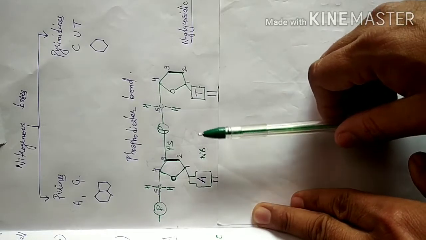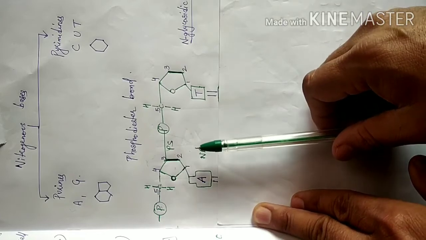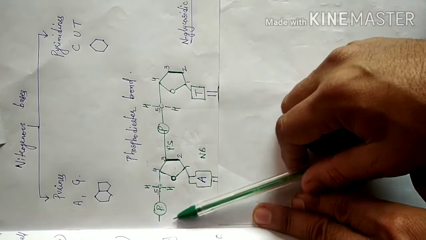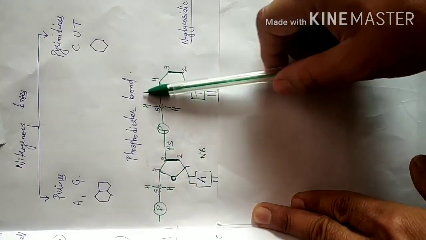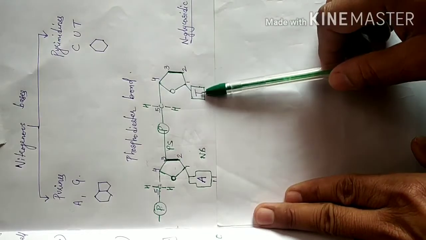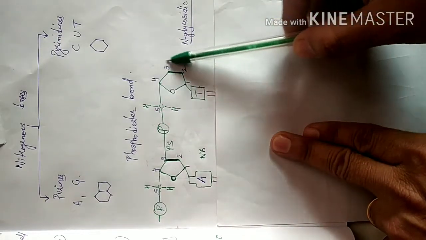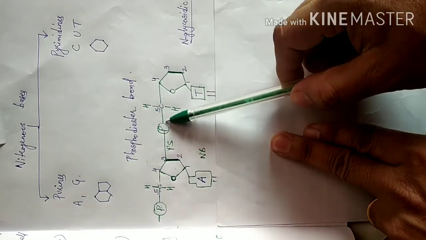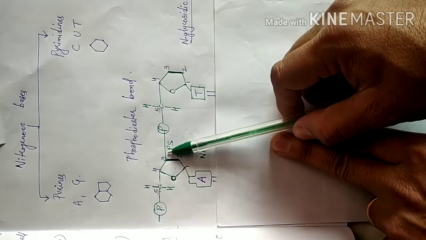So here in this structure, I've tried to show you a combination of two nucleotides. So this is one nucleotide. The first nucleotide is connected to a second nucleotide. Again, here we see the type of nitrogenous base is thymine. This is again a pentose, the second pentose sugar, and the phosphate group. So this phosphate group is linking the two nucleotides together.